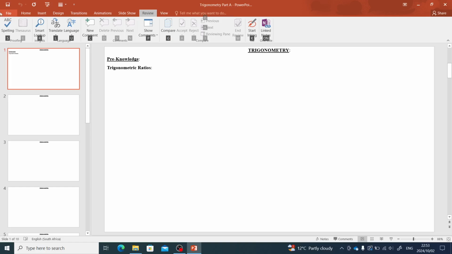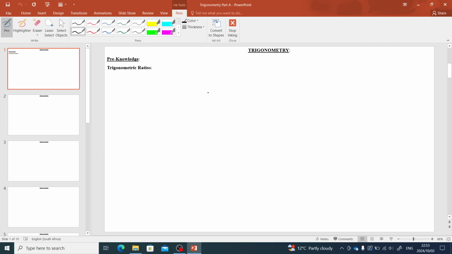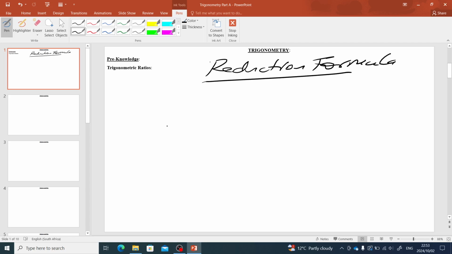Let us look at reduction formulas. We are continuing with our trigonometry. We are still reminding you of things that you should be knowing, and we will be doing the application. Let's look at your reduction formula. Right. Now, the reduction formula